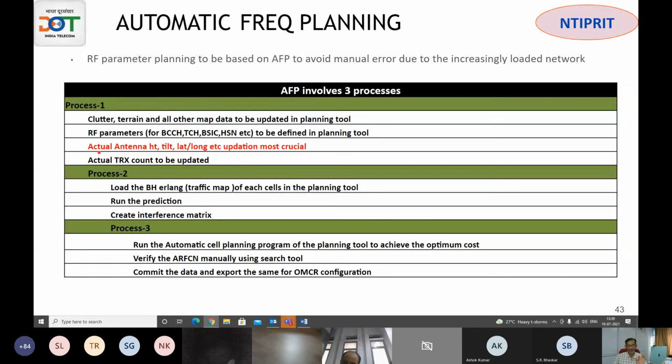If it is cleaned and given correctly, then 80% of the job is done. Then from the network, you give the configuration and the air traffic of the network. And thirdly, the interference value from the network. So that's a very important input. All these things are given, then you run the automatic tool, and the network itself will give what should be the BCCH of every cell, what should be the carrier, and the different planning parameters it will give as output.